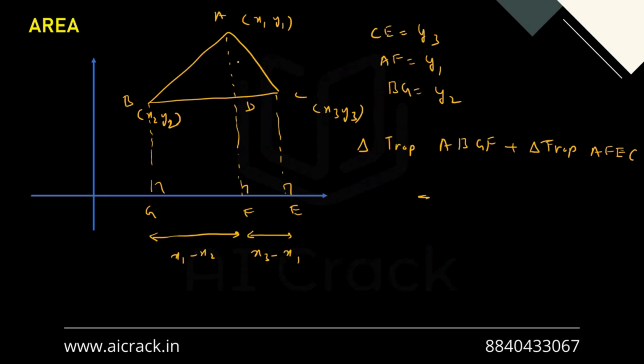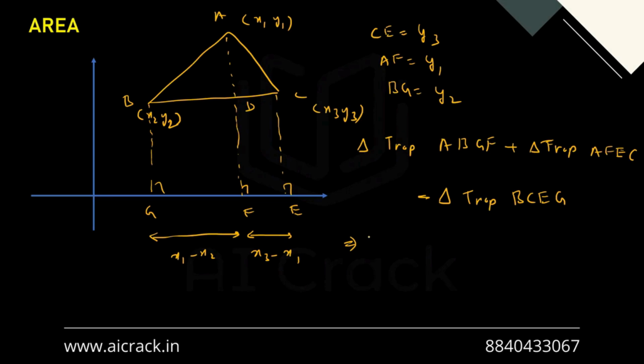And if I want to calculate the area of ABC, then I'll subtract the trapezium. This one, I'll subtract this trapezium. That would be trapezium BCEG, BCEG, right? Now, if I try to write it mathematically, then this area would be